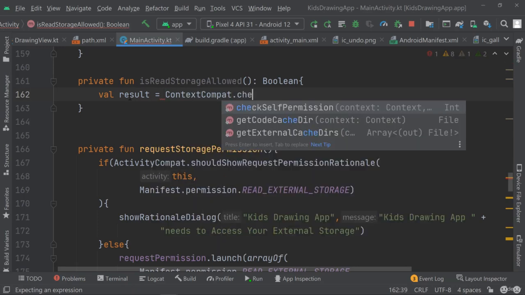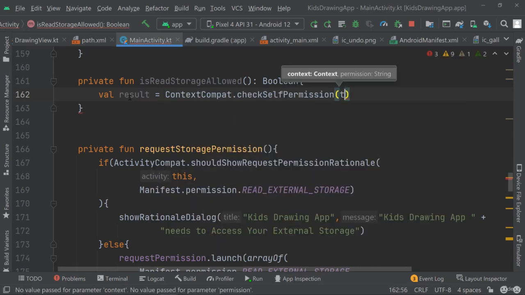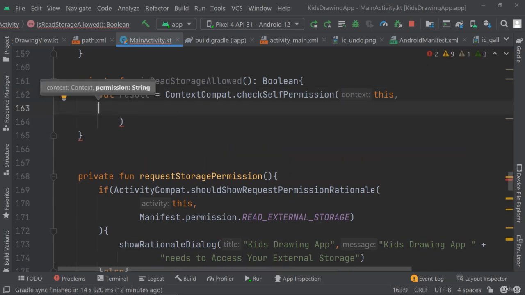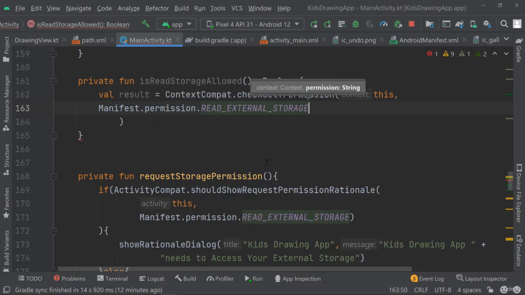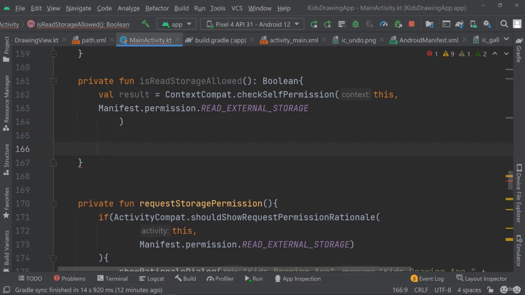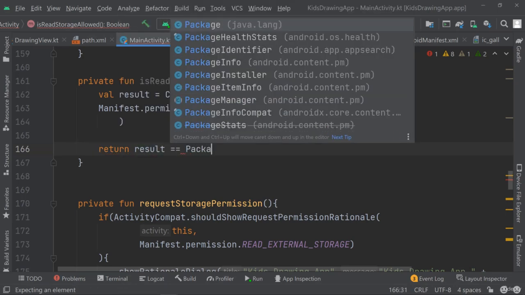and I get it from the ContextCompat check self permission, and I need to pass in the context as well as the permission that I want to check if I have. And I can just say manifest.permission.read external storage. So this will give me the result, and now I just need to return this result as a boolean. So return result is equal package manager